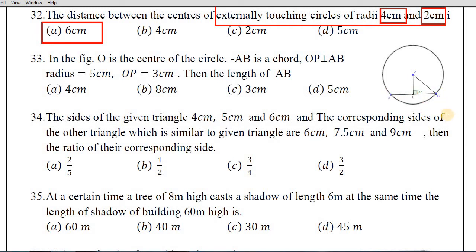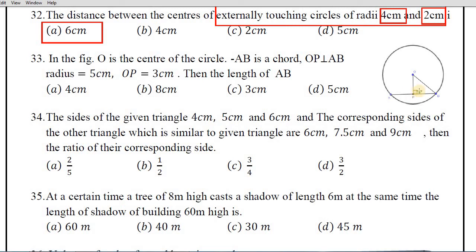So here you want to use the 9th standard theorem concept. If a perpendicular is drawn from the center of a circle to a chord, it bisects the chord, meaning this AB is divided into 2 equal parts, AP and BP, and these two will be equal in length. Now which concept will you use, children? This OPB is a right angle triangle, isn't it? OP is perpendicular to AB. Radius is given, children, OB is 5 cm. OP is perpendicular, that is 3 cm. So Pythagorean triplets again you want to use.